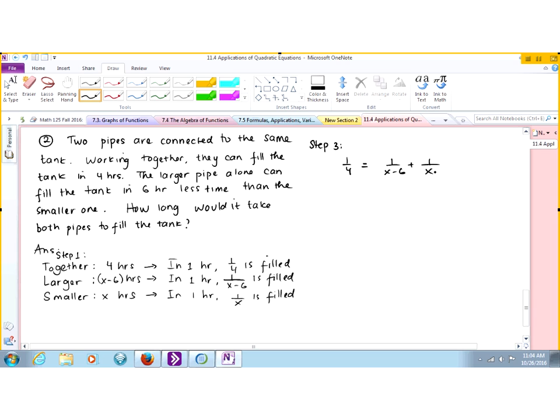What was the answer? 12. 12 hours? What is the other number that doesn't work? Oh, it's the same thing as the other one? Oh, okay. So you know how to do it, right? Is it, so the same equation, is it x squared minus 14x plus 24? Yeah. Yeah, okay. So does everybody get the same one? Okay, all right. Then I don't have to talk about these, right?